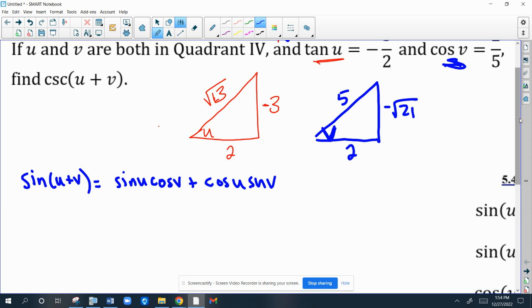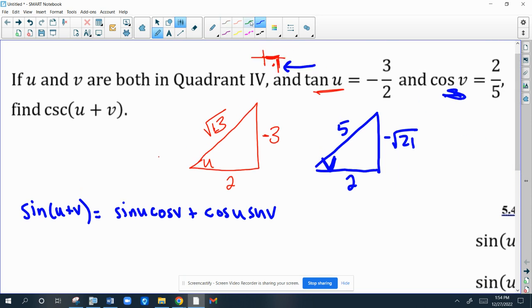That's this one. So sine of u is opposite over hypotenuse, so negative 3 over root 13 times cosine of v, which, here's v, adjacent over hypotenuse, so 2/5,